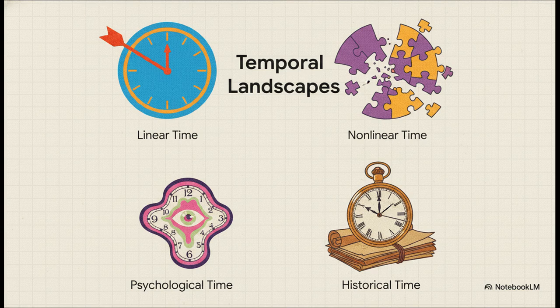Authors actually build entirely distinct temporal landscapes to dictate how time operates. Sure, you have linear time, moving in chronological order from start to finish. But you also have non-linear time, where readers have to piece together events through flashbacks or fragmented memories, which is absolutely huge in contemporary literature. Then there's psychological time, where time is experienced entirely through a character's emotions. Imagine a character waiting for life-changing news. A few seconds might stretch out to feel like hours on the page. And finally, historical time deeply connects the story to defining eras, like the Civil Rights Movement or the Cold War, setting up incredibly specific conflicts.